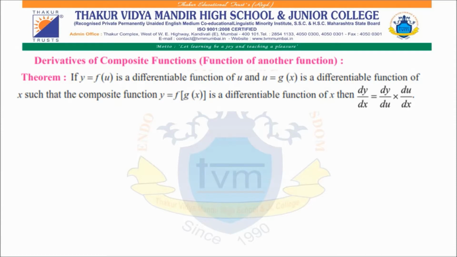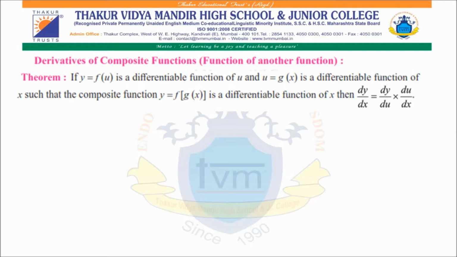In class 12th you will see derivative of composite function. For a normal function you know how to differentiate it. Now we will see derivatives of composite functions, that means function of another function. That means in place of x, there is some other function of x. Suppose you are differentiating x raised to n, it is simple, x is a function of x, but in place of x it is given 2x plus 5, so it is a function of a function.